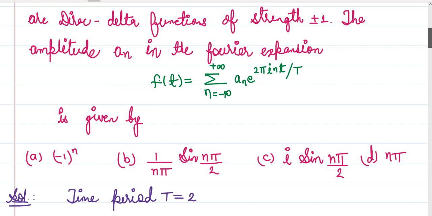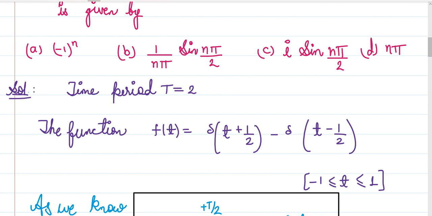So guys, see carefully how we are writing the function for this graph. f of t can be written as Dirac delta function of t plus half. t plus half is a positive quantity because the strength here is plus 1. So t minus minus half, you are having positive strength at minus half, so you are just taking it as plus, and minus strength at t equals plus half, that will be minus. Okay, I hope this is clear to you guys.